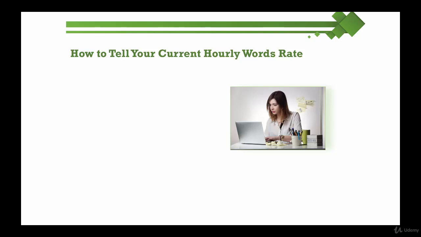Before we can put you on the path to writing 4,000 words per hour or more, we've got to figure out your starting point. That's where you're at the moment. So we want to know your current hourly words rate. Even if you've been a writer professionally or personally for a long time, you may not know your actual production